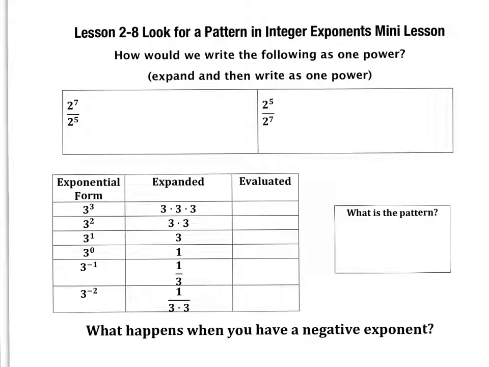And when we take a look at that, we know that when we're dividing two powers with the same base, we can subtract the exponents. So if we were going to write this out, for example, expand it, we could just simply write it out as 2 seven times in the numerator over 2 five times